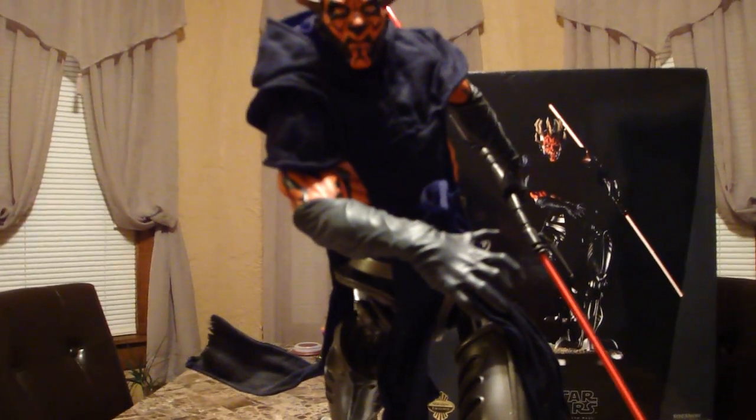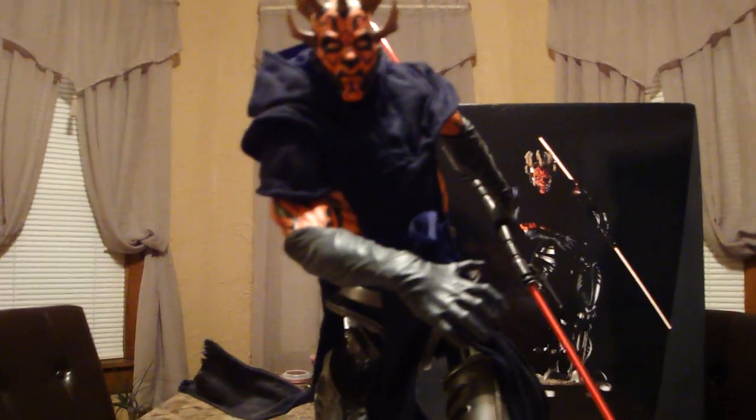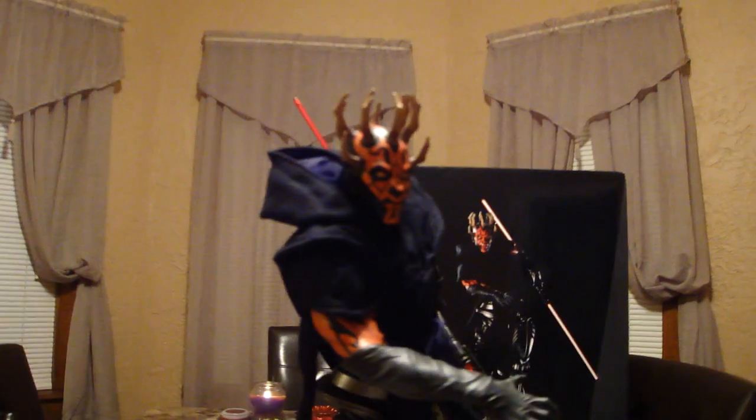But this is definitely my favorite Sith character from Star Wars, and I'm glad that they resurrected him in this form. As you can see, he's older and his horns have grown longer. Basically, when he got cut in half at the end of the Phantom Menace by Obi-Wan Kenobi,